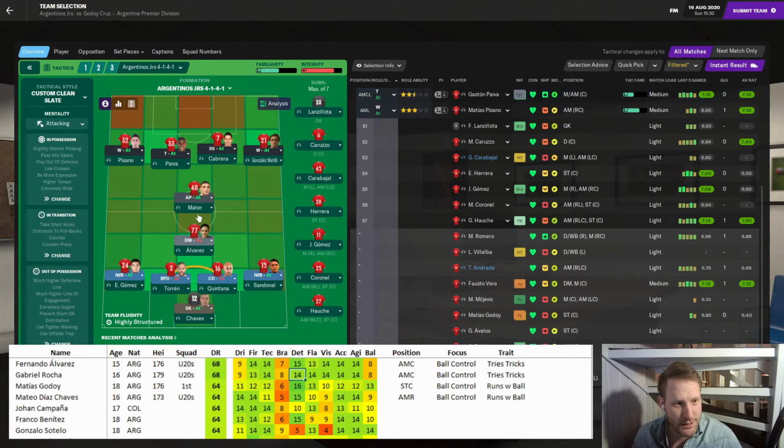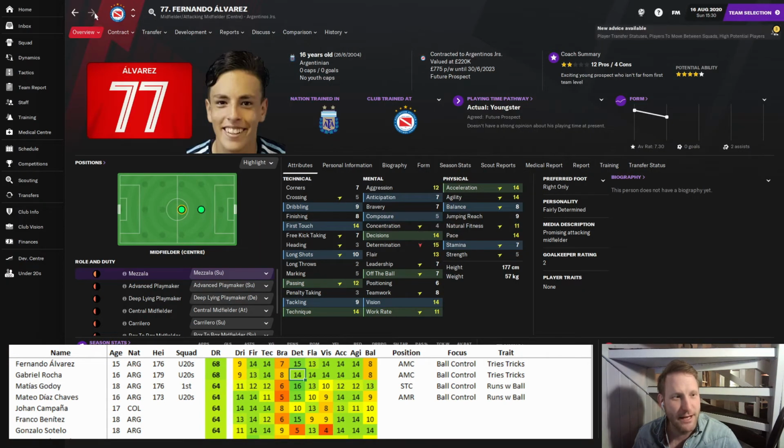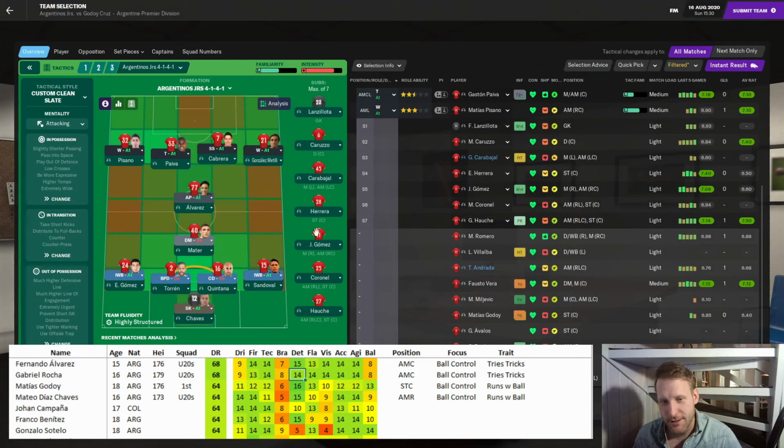You know what? Let's try this. I am absolutely crazy. Let's try Fernando Alvarez. What is that tactic? That is a 4-1-1-4, spectacular. So the thought behind this is that I want to use as many attacking midfielders as possible, because I don't want to retrain my future Diegos, because if I retrain them for a new position that they aren't natural at, then that will spend current ability points that we could use training their abilities instead.